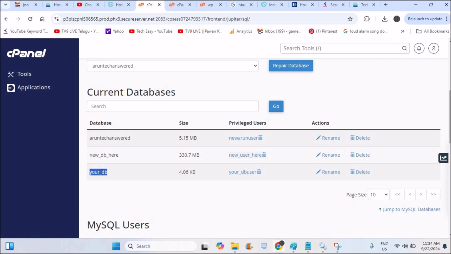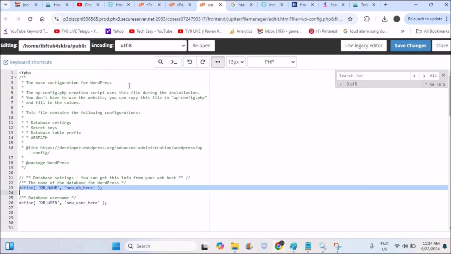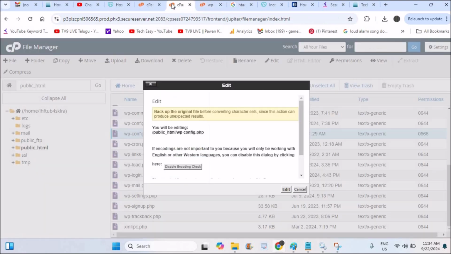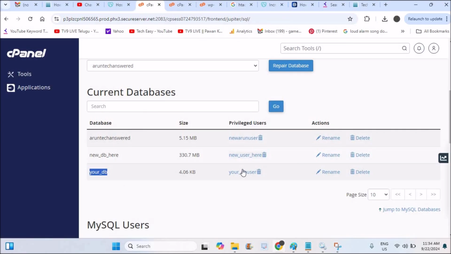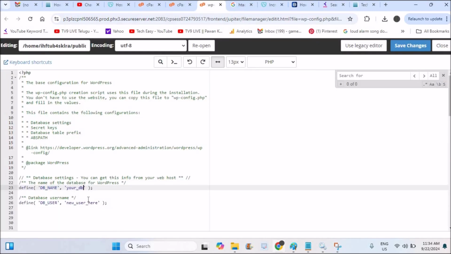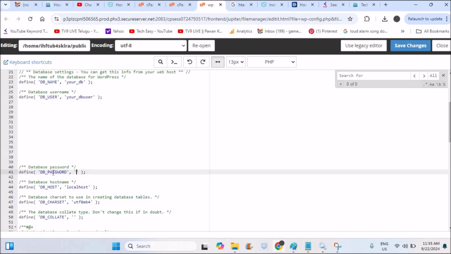See here, I'll copy this and paste it here under DB name. I'll paste it here with Control V, and again I'll go back there and copy this one, your DB user. I'll copy this. Make sure you don't have any spaces. There shouldn't be any spaces. Under DB user you need to give that, followed by the password. Now the password that you created for the database, enter it here